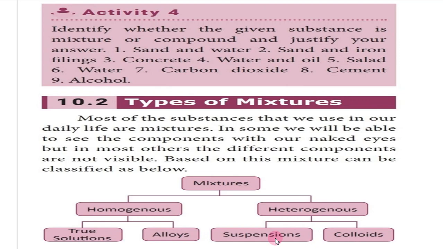Suspension, we can see the two layers, water plus oil, then chalk powder with water. When we mix chalk powder with water, after a few minutes, when you look at the components, you can see the layers, the chalk powder will settle at the bottom, so you can see two layers. So that is a suspension. Colloid means starch powder with water. Here also the same thing. You can see the starch and you can see the difference between the starch and water. Have you understood?